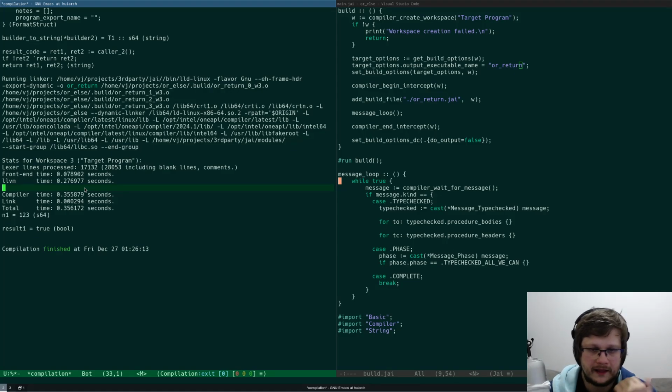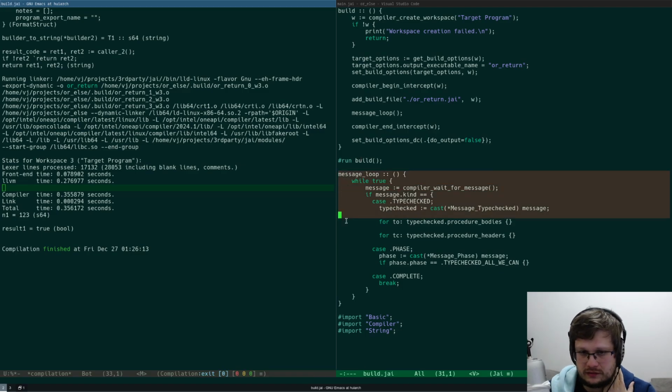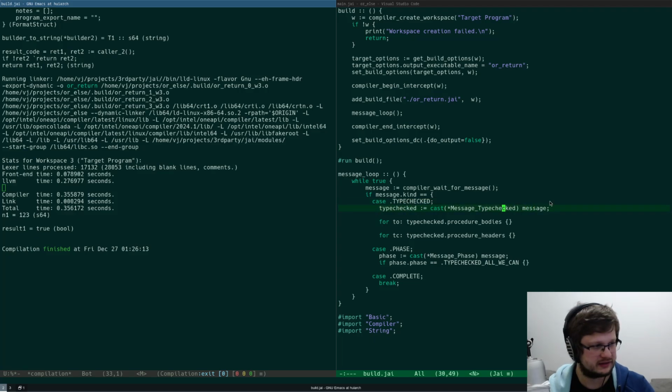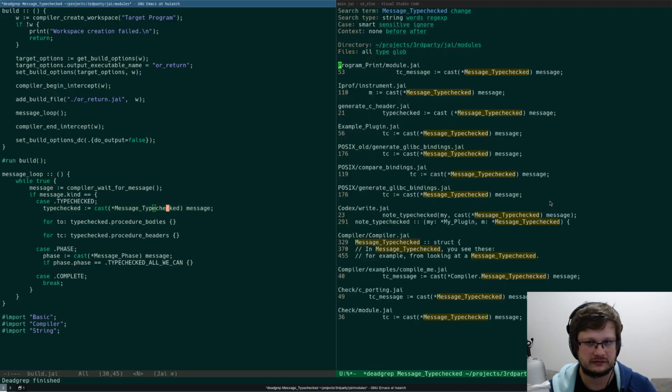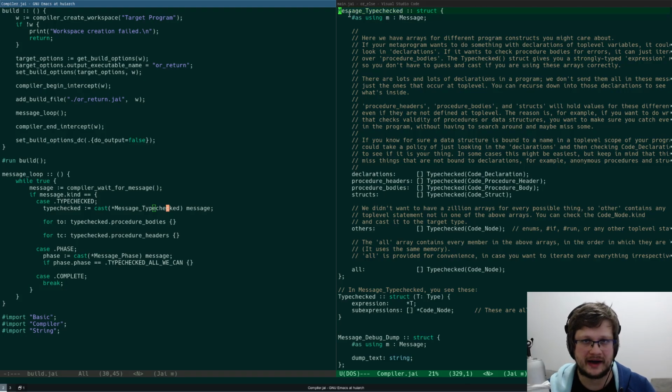Now, here's the message loop of the compiler. Here we need to wait for the type checked messages, right? Message type checked contains the declarations that got type checked: procedure headers, procedure bodies, structs, and others, as a flat array of all.